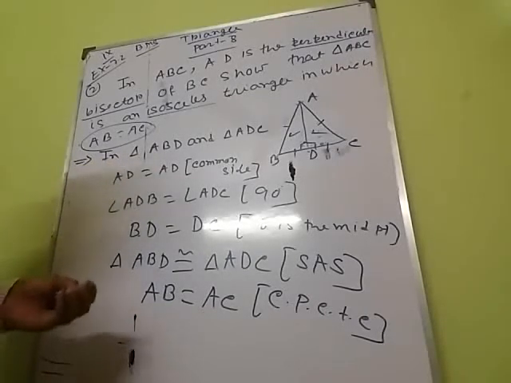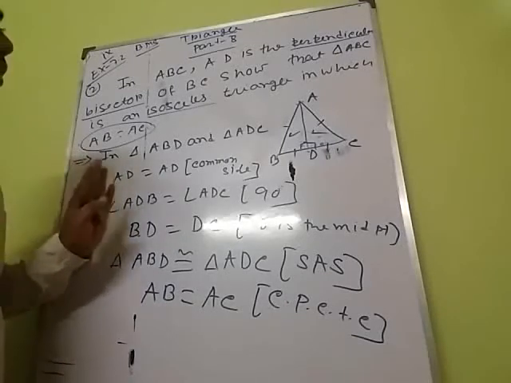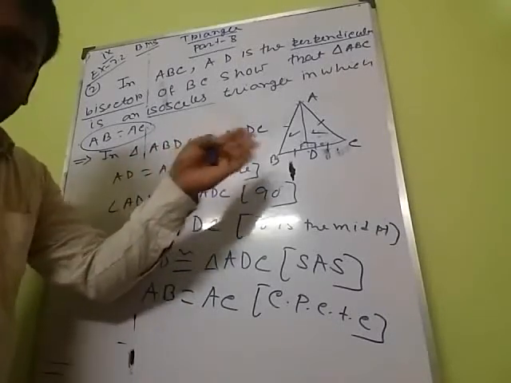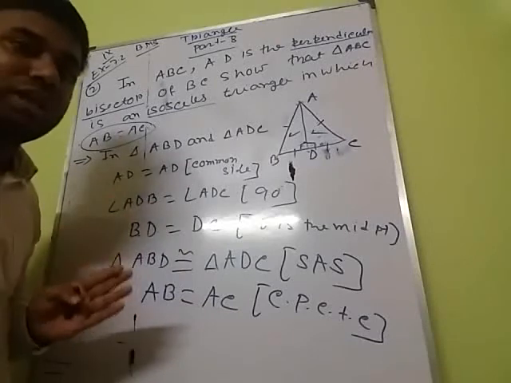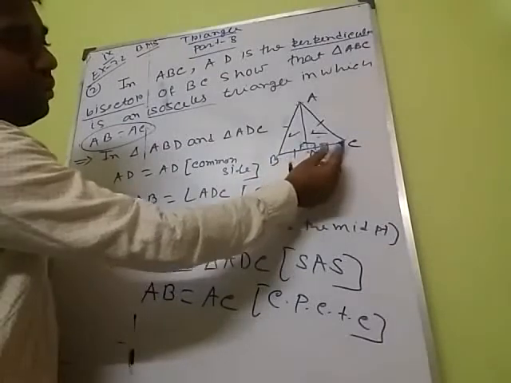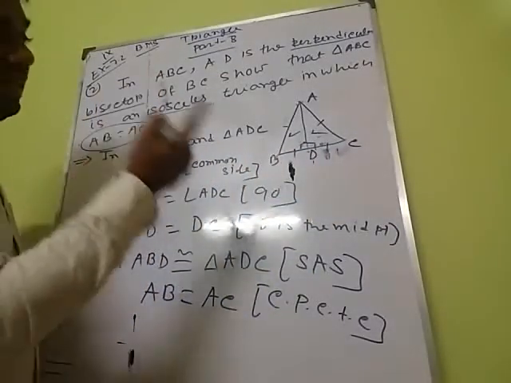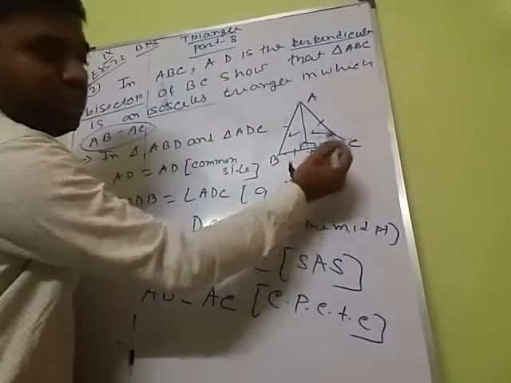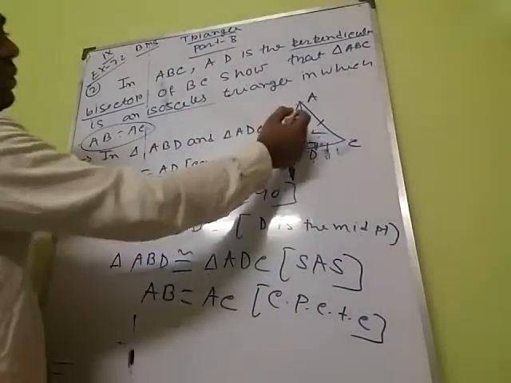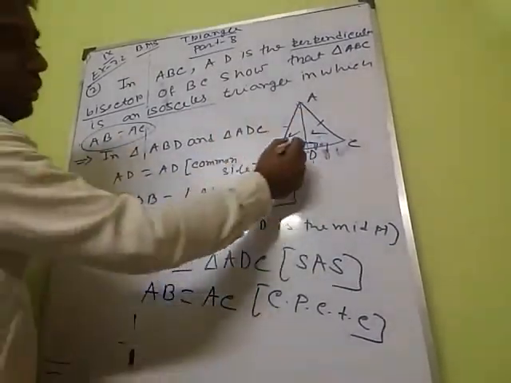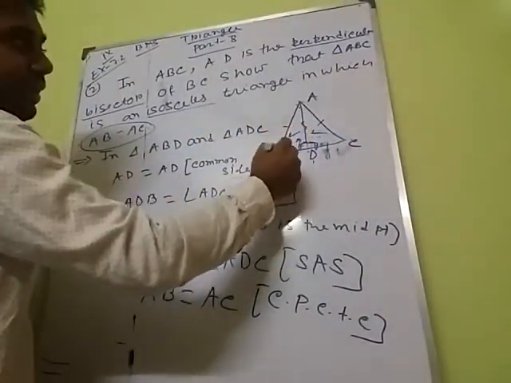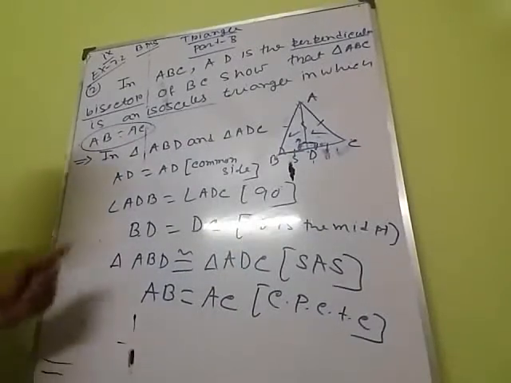So I am discussing it again. First, I have proved that the triangles in the figure, ABD and ADC, are congruent using the SAS rule. AD is the common side, BD equal to DC. Why BD equal to DC? Because AD is the perpendicular bisector of BC. It means BD equal to DC, D is the midpoint, and the angle is 90 degrees. Why is it 90 degrees? Because it is given that it is the perpendicular bisector. So these two angles must be 90 degrees. As they are 90 degrees, we have S, A and S. Using SAS, we get that these two triangles are congruent.